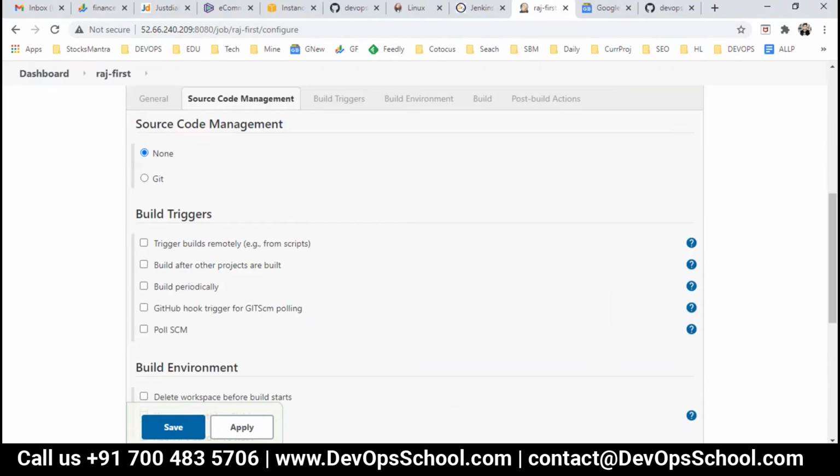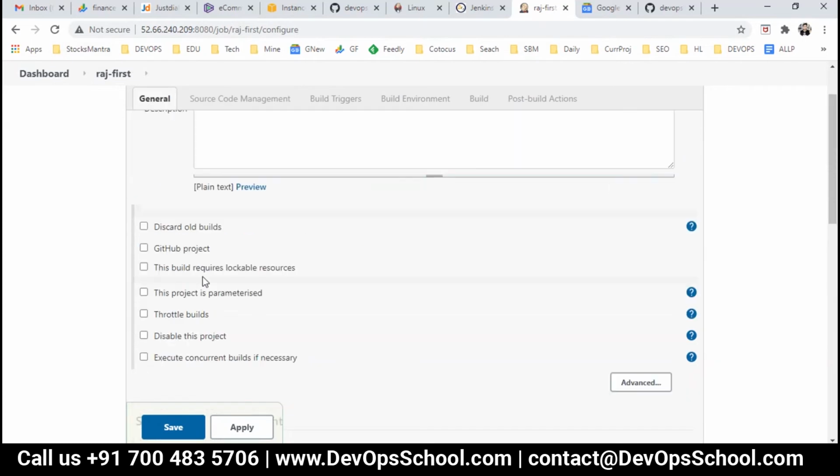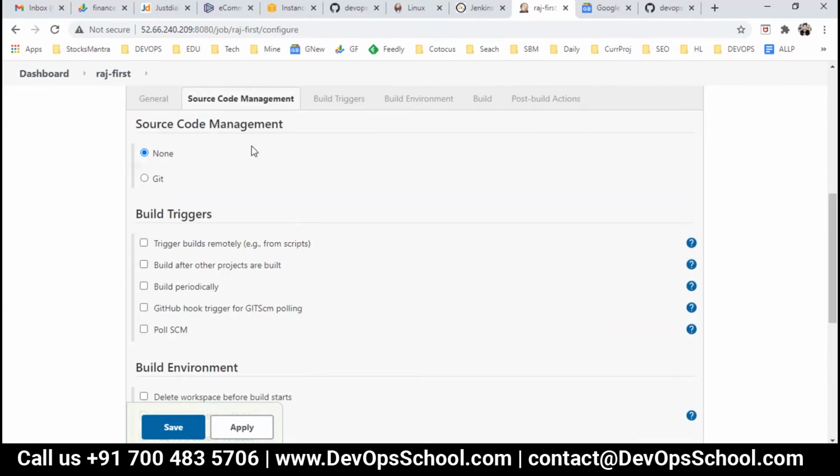In general, you have so many options right now. Don't get lost. Source code management, you have a few options. Right now, Git is there and None is there. SVN, TFS, Perforce, ClearCase, CVS are not there. So if it's not there, what do we do in the case of Jenkins?